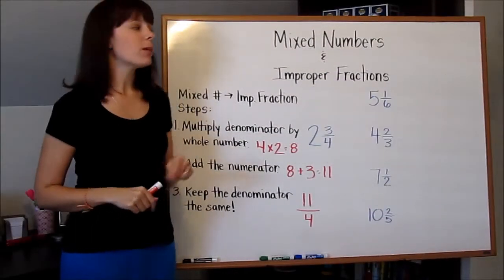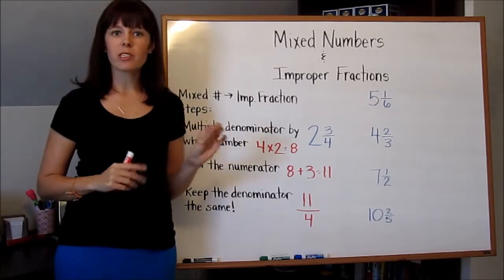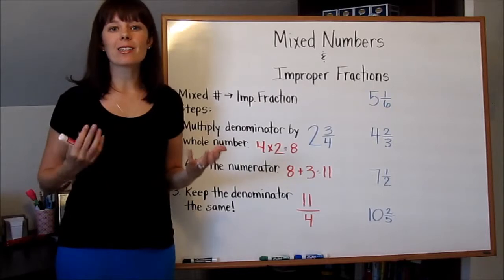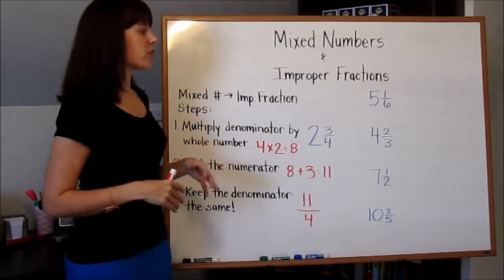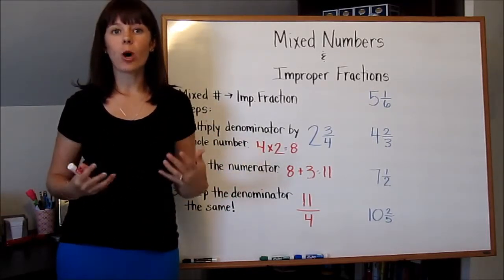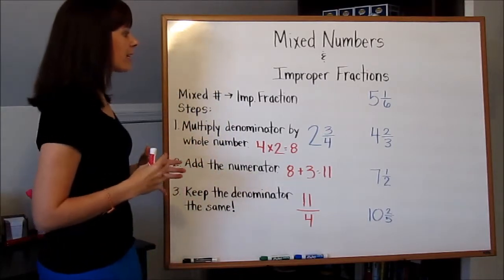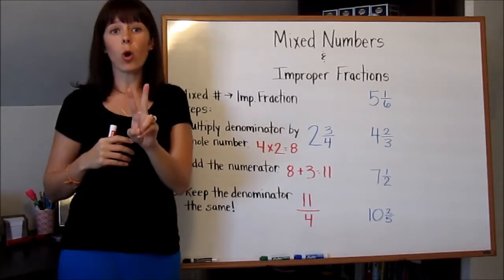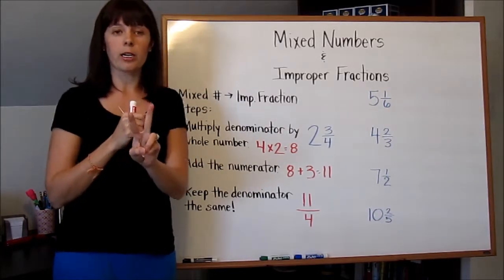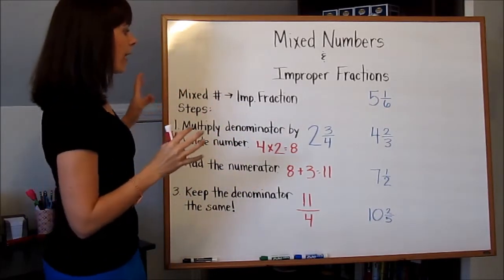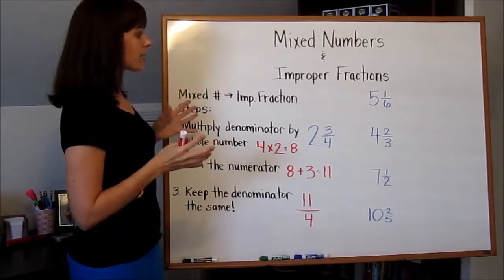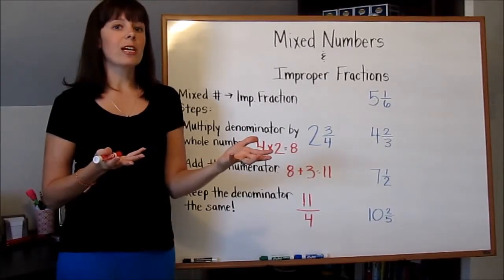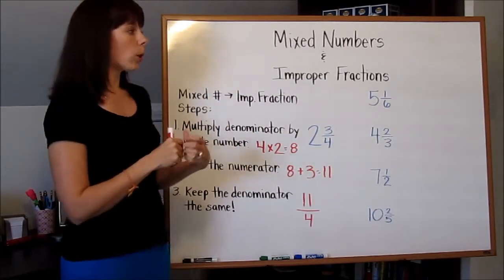In this lesson, we're going to talk about mixed numbers and improper fractions and how to convert them back and forth between these two different stages. Now remember, a mixed number or an improper fraction is any fraction that's greater than one whole. So we're looking for anything that's 1 plus a fraction of another part, or maybe it's 2 wholes plus a fraction of another part. And anyways, we're going to be talking about how to convert them between a mixed number, which is a whole number and a fraction, and changing that to just a fraction,